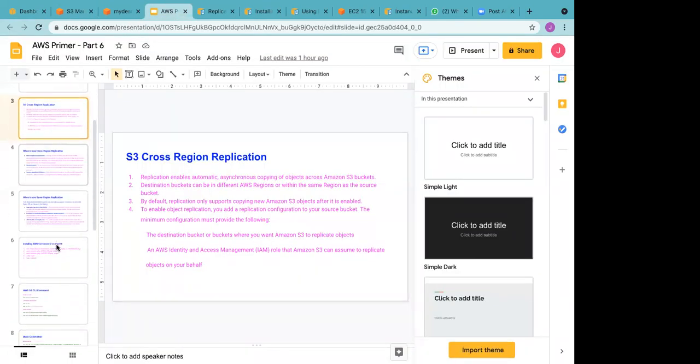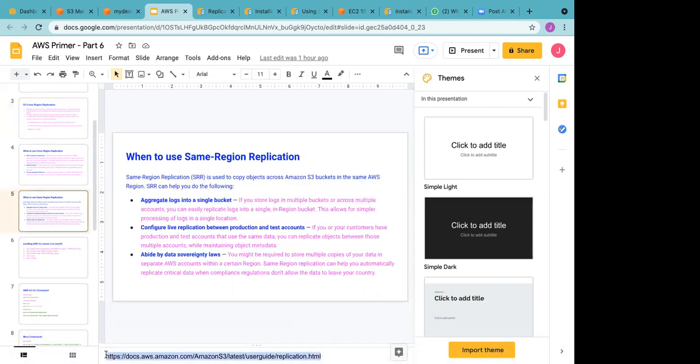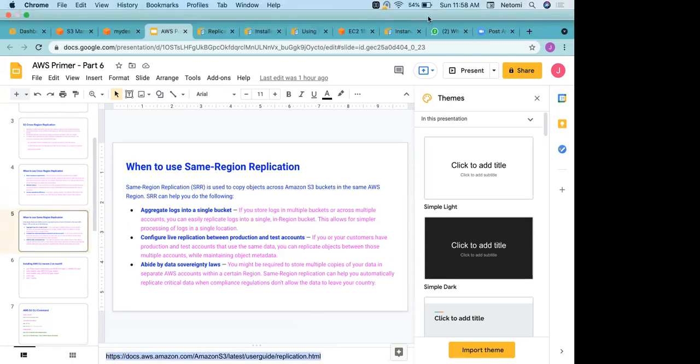Now whatever we did till now for S3, we did it through the web console, right? But if somebody wants to programmatically create buckets, copy the content, delete the content, how can you do it? It's by using your AWS CLI. Okay, before that, let me just share a little theory on the replication. So do go through this.